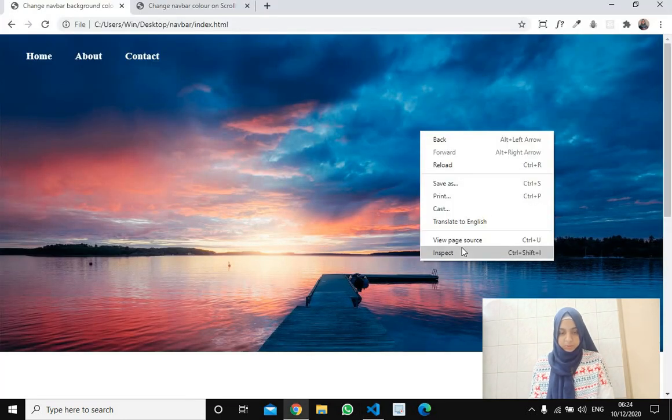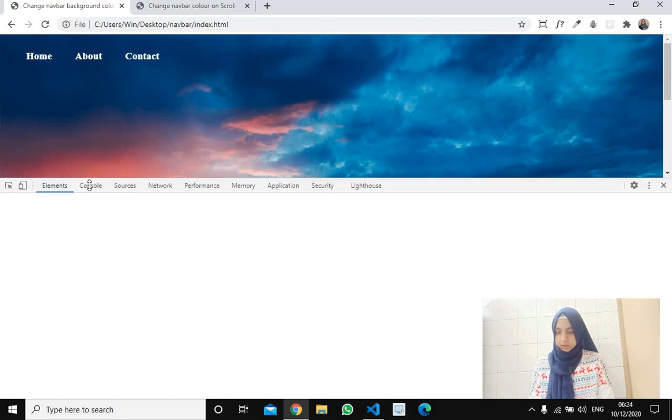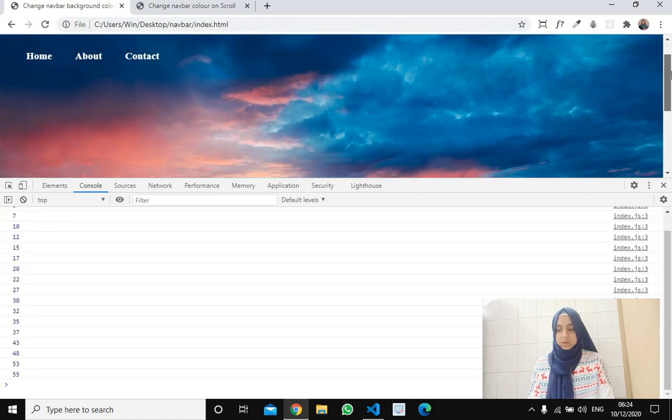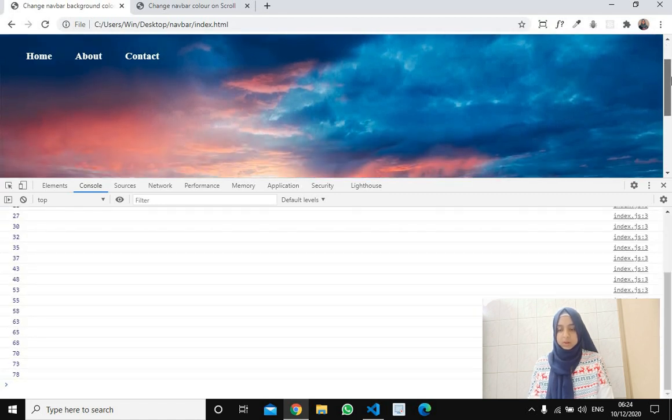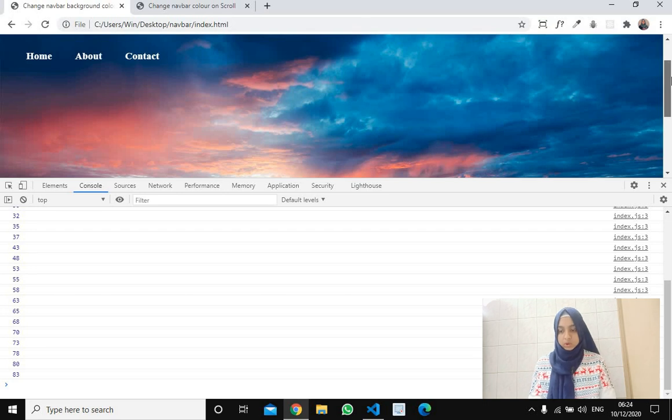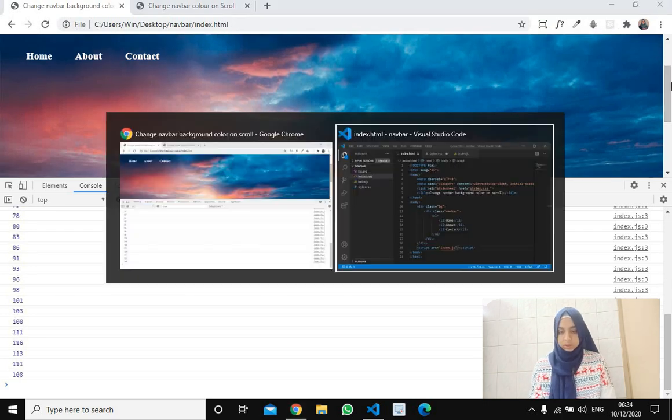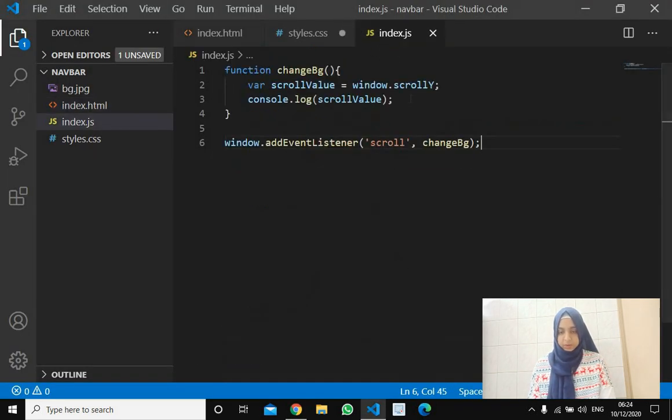Now let's open our inspector. Okay, and in the console, when we scroll, can you see some values getting printed in the console? Now this is because of the scroll value that we are logging.